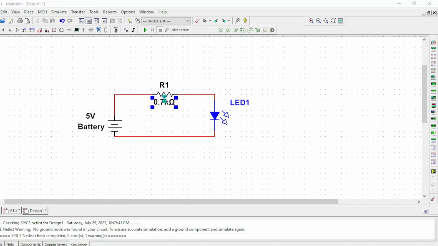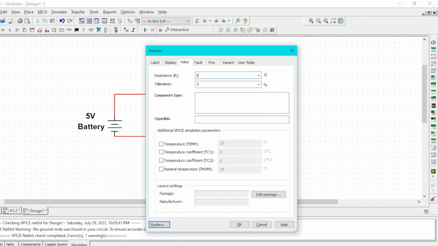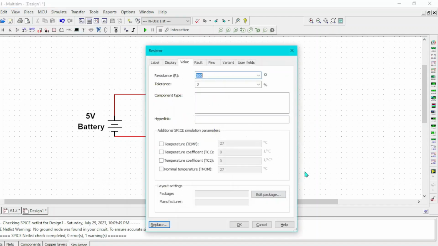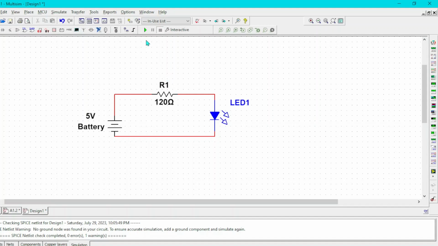Still no change. Let's do it one more time and keep it, say, 500 ohms, which is equal to 0.5 kilo ohms. Still no change. Now let's try something around 120 ohms. 120 ohms, 150 ohms is generally the resistance that you will require to turn on a LED from a